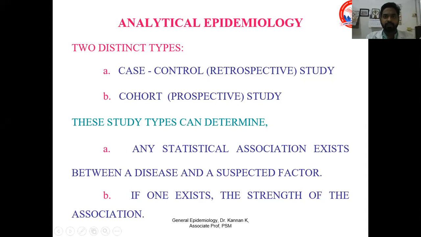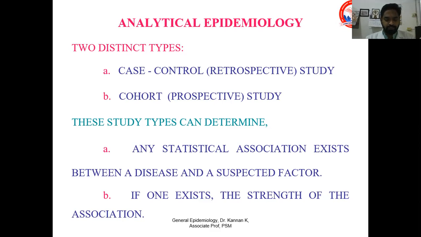Morning. So today we are going to see about analytical epidemiology. Till now we have been taught about epidemiology, what is the definition of epidemiology, and descriptive epidemiology. In descriptive epidemiology, there are three: case series, case report, and cross-sectional studies. A cross-sectional study is always called a prevalence study because we observe the population and can identify only the already existing cases, not the new cases. So we call cross-sectional studies prevalence studies.